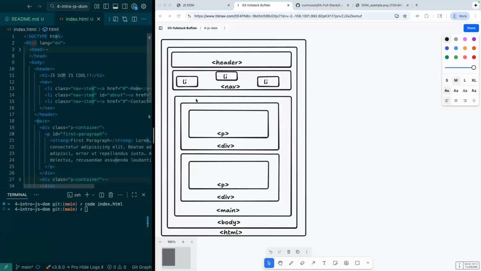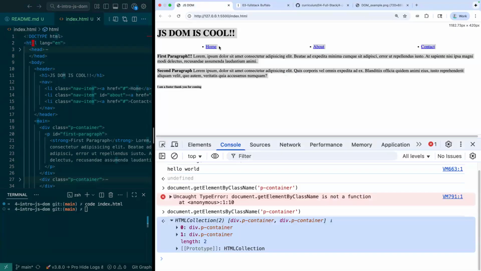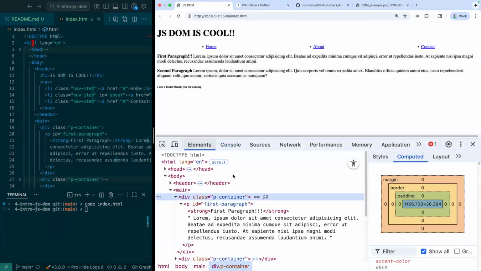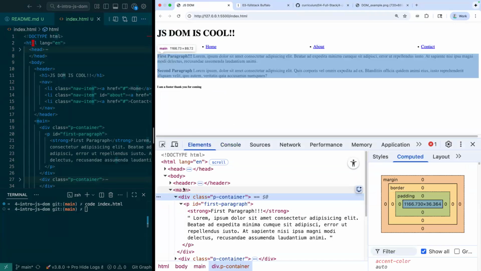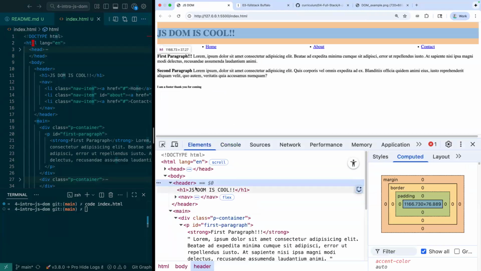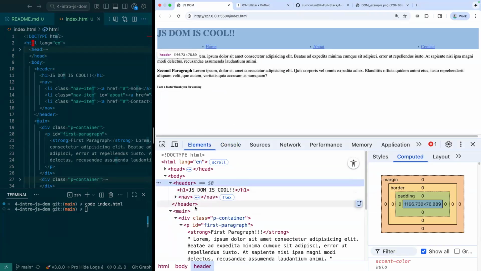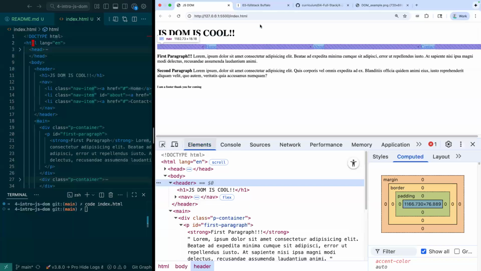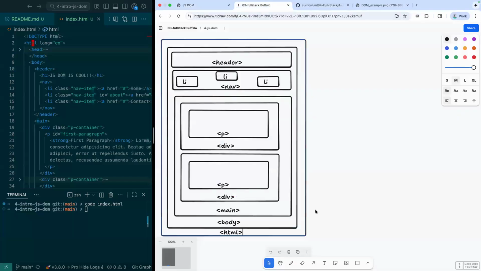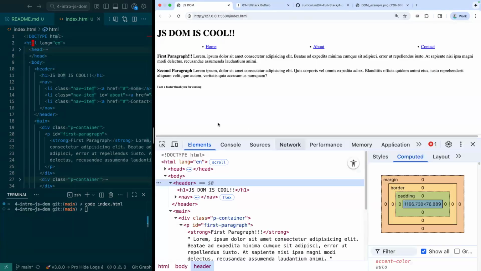All right, and so this is the structure of our HTML document. And if we go over here, we see the same thing. And if we use the element inspector, we see this as well. And inside the header, we have an H1, so I'll add that to our diagram in just a minute. And we'll just put the H1 there. So what happens is that